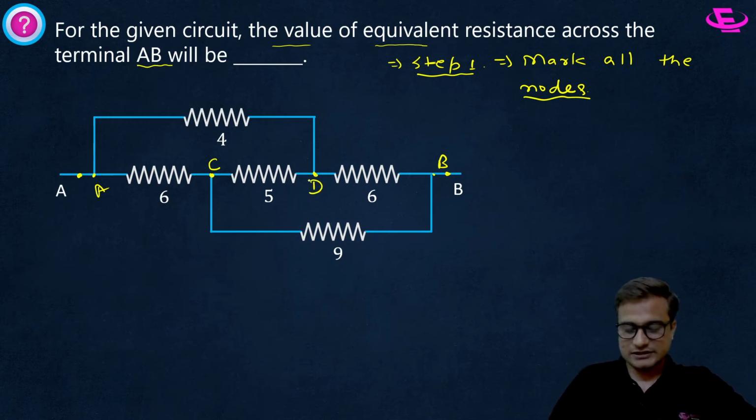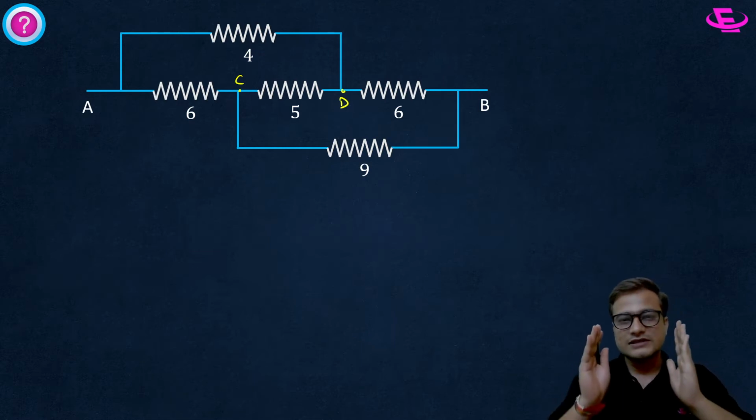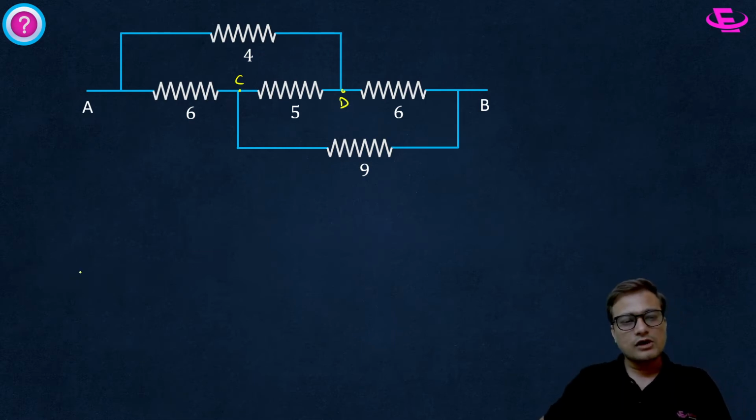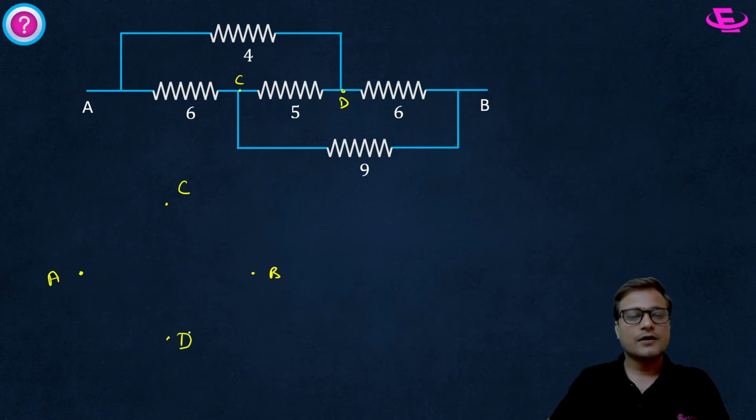What is the next step? Just see, this is C, this is D. Now what you have to do? Just concentrate here. Don't miss this concept. This is A, this is B. Now place C and D perpendicular to this plane. That means place the points like C, place the point like D. Now start from A. At point A, how many branches are there? Two branches. One is AC, one is AD. So connect here like this.